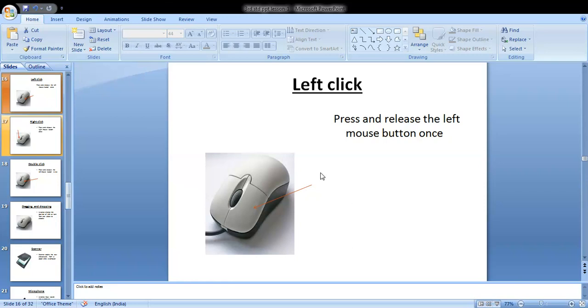All of you know the paint option is present inside the computer. Can you touch that paint option with your hand? You have to select it with the mouse to open that paint window, right?